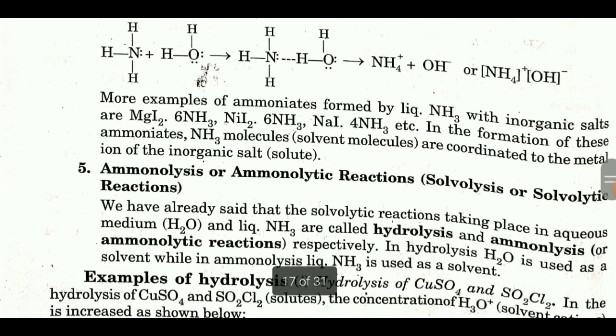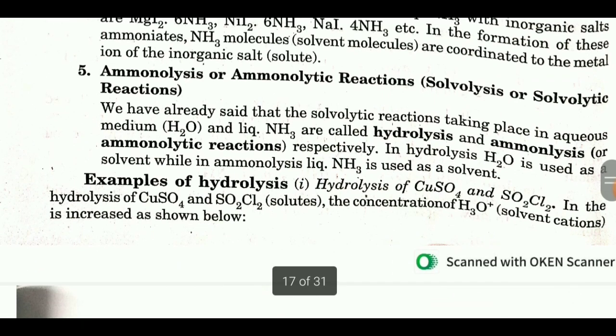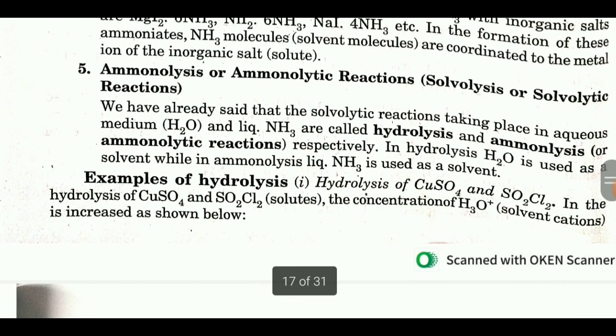More examples of ammoniates formed by liquid ammonia with inorganic salts are MgI2.6NH3, NiI2.6NH3, NaI.4NH3, etc. In the formation of these ammoniates, NH3 molecules, the solvent molecules, are coordinated to the metal ion of the inorganic salt solute. Fifth, ammonolysis